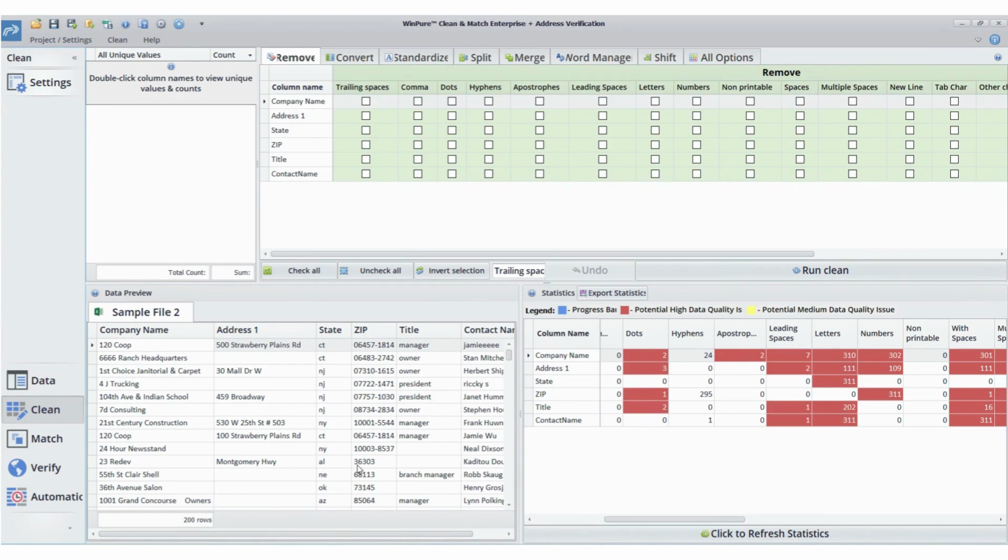So what I'm going to do is I will simply work on removing spaces or these hyphens in the zip numbers and ensure that my uppercase and lowercase and proper case characters are all standardized, right? So to do that, I'm just going to go into this action window and I'm going to start by selecting those options which I think I need to clean my data. So I will remove multiple spaces from company name, from my address data, from my state, zip, title, and contact